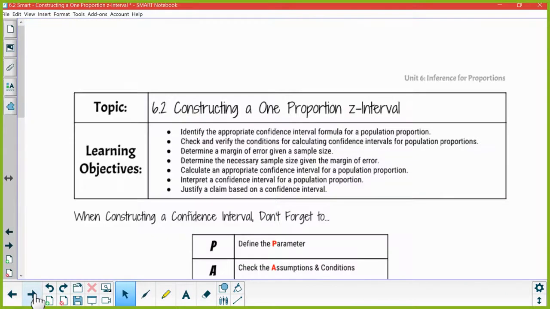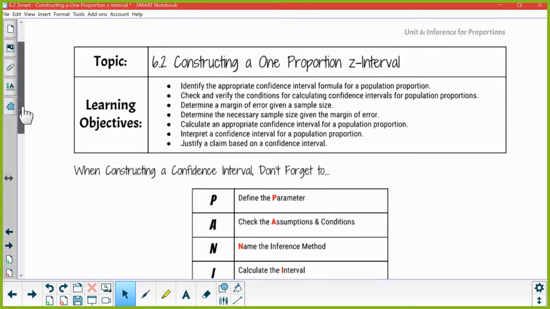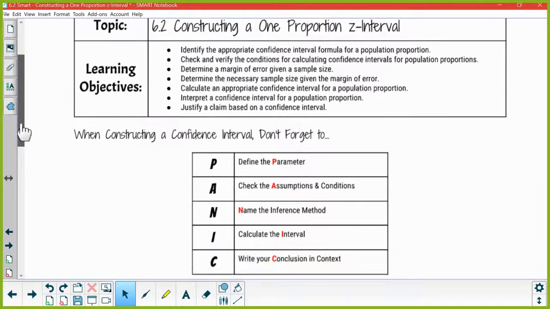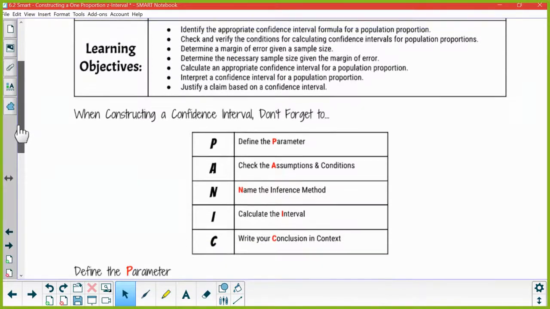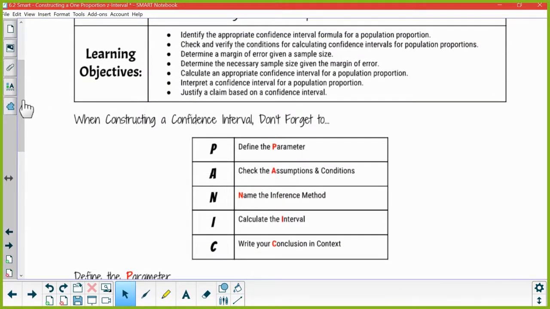So today we are going to actually go in and calculate a one proportion z interval. We talked about what a confidence interval was the last class period, but now we're going to actually go in and do the mechanics of calculating one and what a free response should look like. So I do want you to know we're doing lots of objectives today, but it's all going to be covered